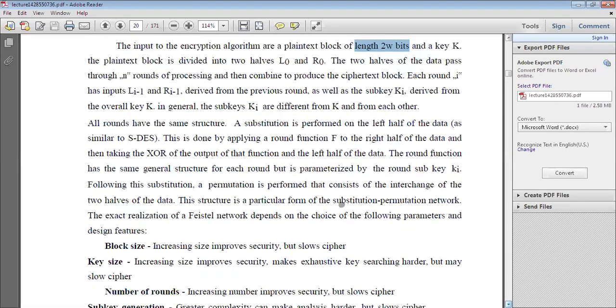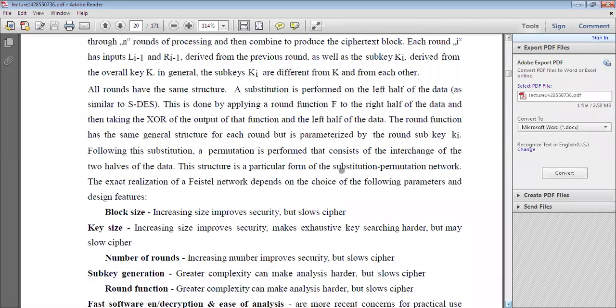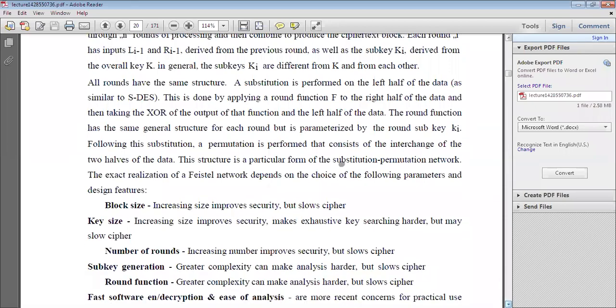Next, mainly in this Feistel structure you must know what the block size is, what the key size is, what the number of rounds is, and what the subkey generation and round function are. Block size means the entire plain text you divide into different blocks, 64-bit blocks, 128, 256.